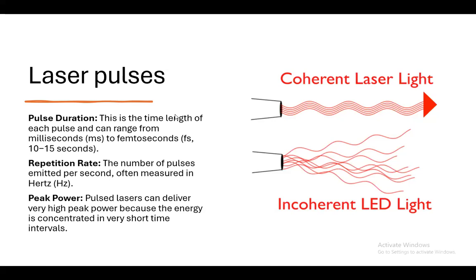Dr. Chatterjee, I wanted to ask a question on this peak power. It is saying that pulse lasers can deliver very high peak power because the energy is concentrated in a very short interval of time. So my question is, when the LiDAR is being used on a particular thing, suppose it is scanning a crop field, and there are animals. If the LiDAR is too powerful for the electromagnetic and the laser, is it harmful to the animals over there, or is it a very concentrated power?